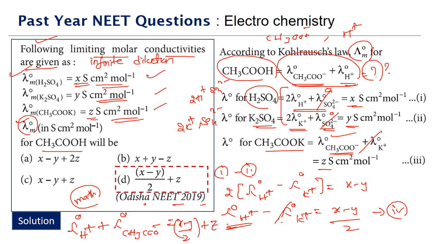So the correct answer for this is what? Option D. So always in Kohlrausch law problems, it's a typical model of question where we will be given some electrolytes, and by expressing the limiting molar conductivity formula for these electrolytes, we will be supposed to find the limiting molar conductivity of an unknown electrolyte. So we also write down the expression, like in this case we are writing down the expression for limiting molar conductivity of acetic acid, and we have to see how we can get this particular expression by using some algebraic techniques.